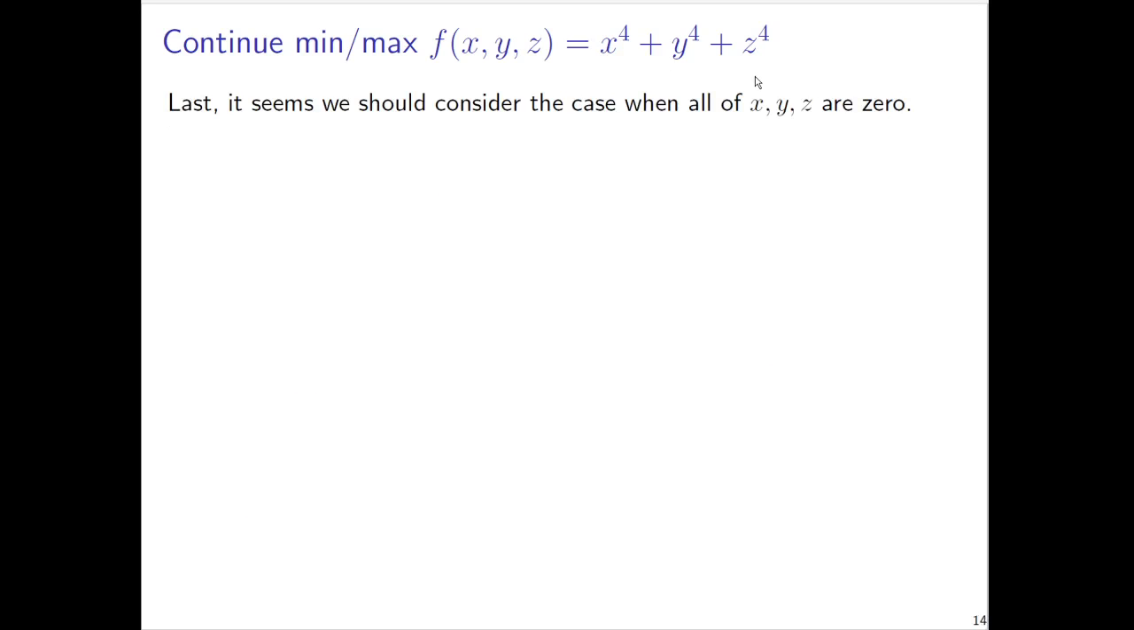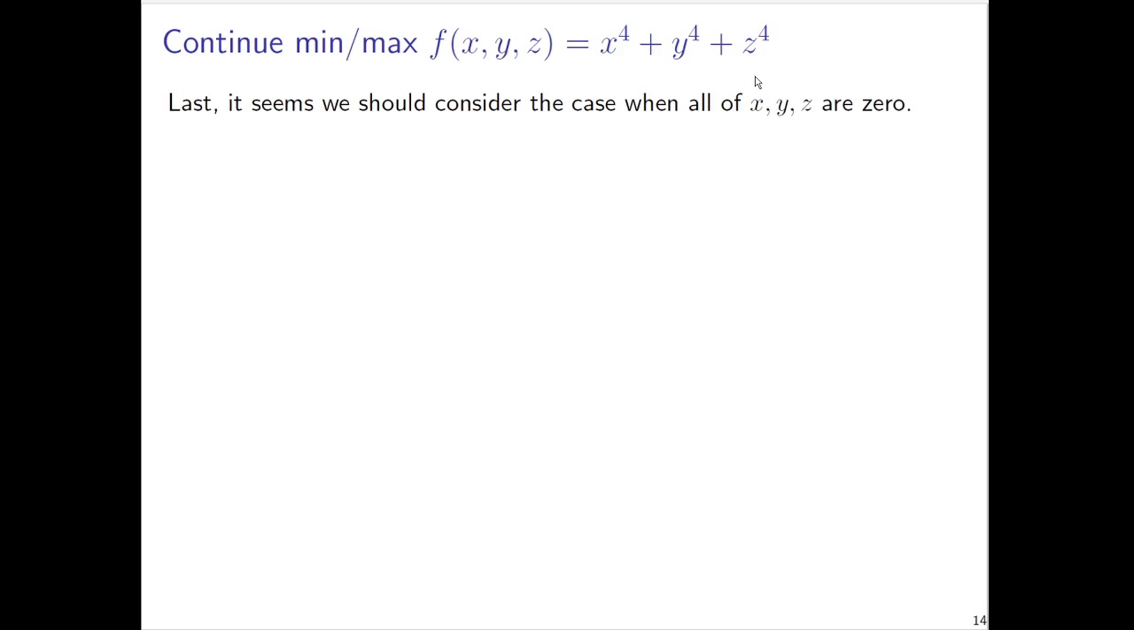Okay, last, it seems we should consider one more case. We've done when x, y, and z are all non-zero. Then we've done when 2 of them are non-zero. Then we've done when 1 is non-zero. So then it seems like